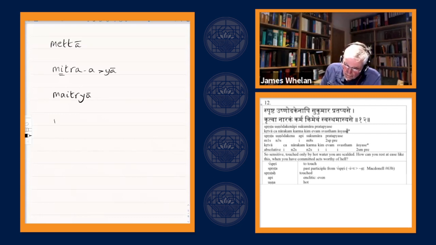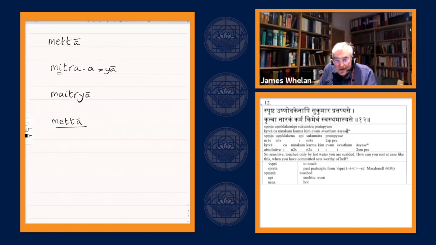So in Pali, by standard phonetic mutation, it becomes metta. Now, I've said that A and O are always long in Sanskrit, but the A and the O can become short in Pali if followed by a doubled consonant. And that is why in Pali, if metta were a Sanskrit word, it would have a long E, metta, even though followed by a doubled consonant. But in Pali, it's metta. So you could pronounce it with a short E, metta.